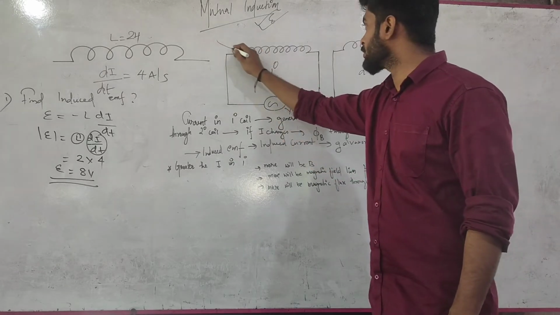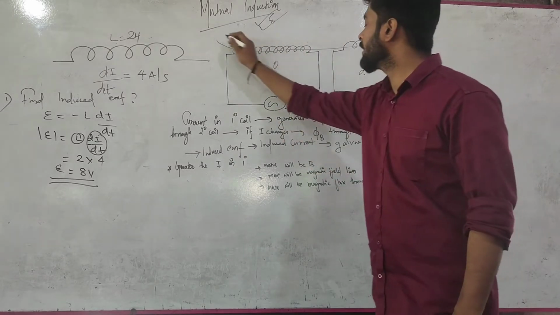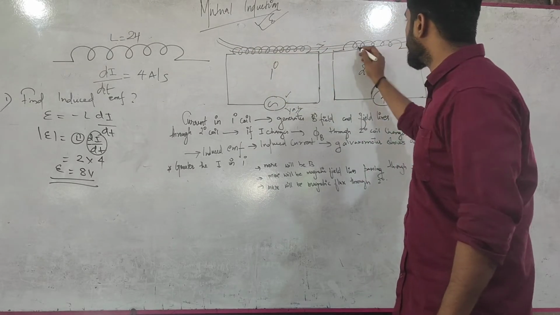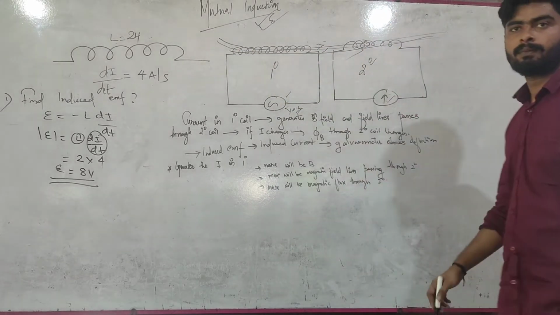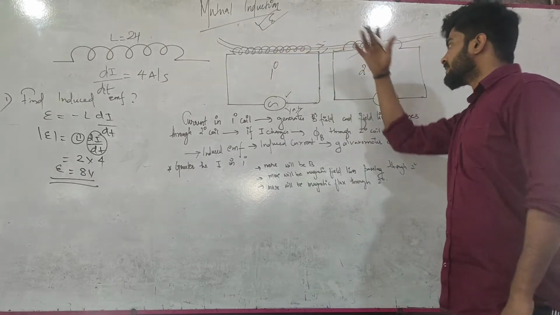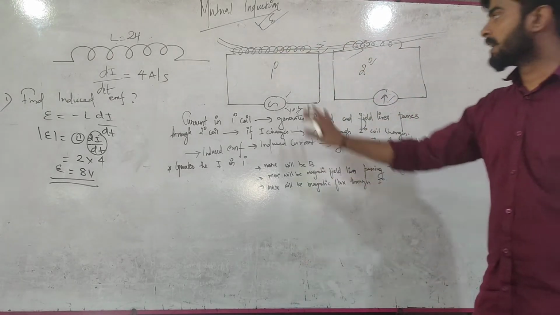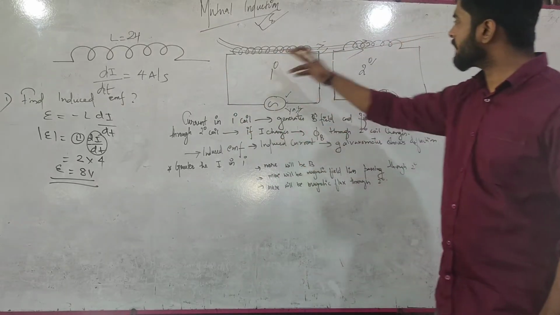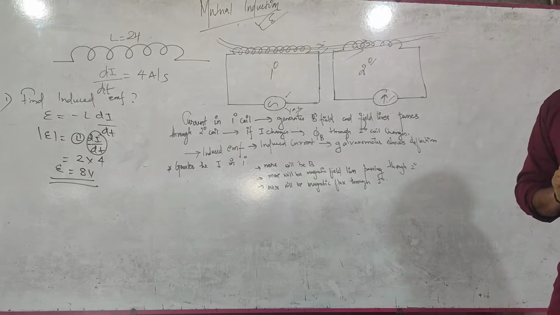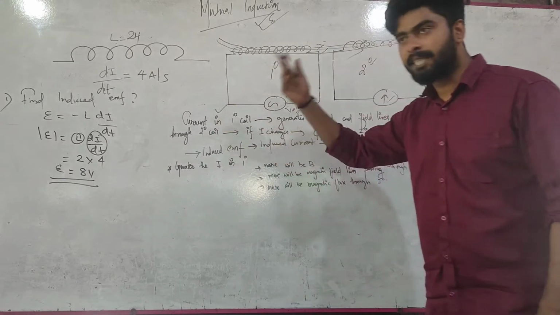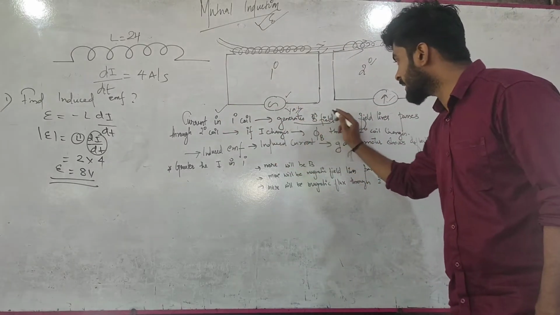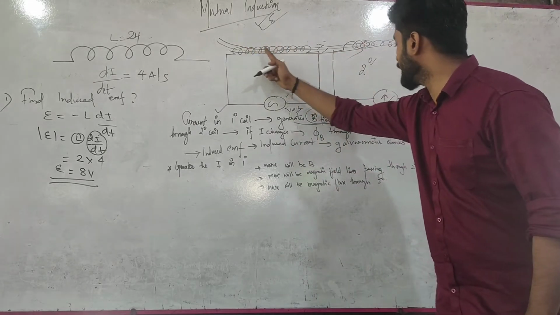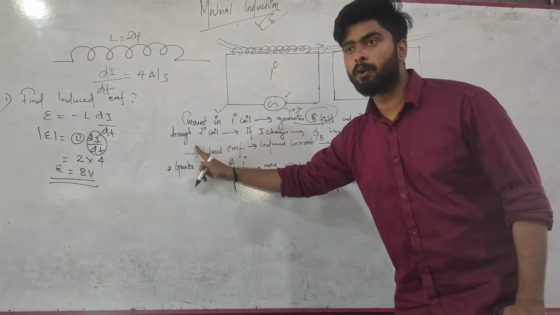And this magnetic field also enters which coil? The secondary coil. Or this magnetic field is available to the secondary coil also. Whenever the current in the primary coil changes, a magnetic field is produced by the primary coil, which is even available to the secondary coil. So the current in the primary coil changes, then it generates a magnetic field. And these magnetic field lines pass through the secondary coil also.